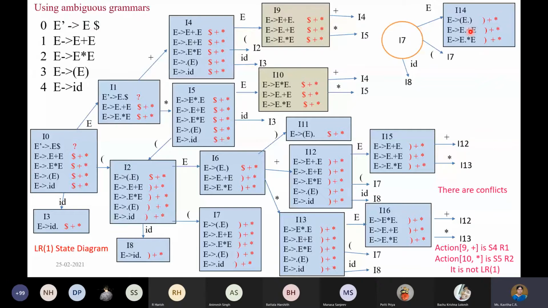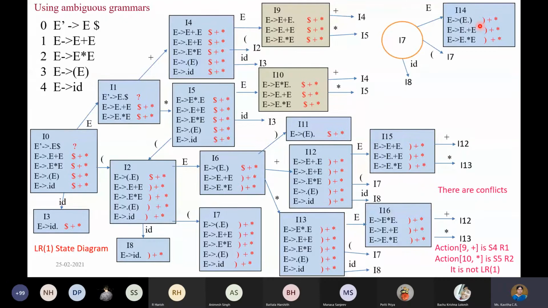Okay, so one more state we have to add here. At I14, when you read close parenthesis, you will get that reduce action to be done in I17. That is one more state. Okay, so that will be the end in that path. And coming to I15 also, we are done because almost it is done. Nothing because it is the repetition of the states. So similarly, I16 also, it is the repetition of the states. So we are done with it. That's it. Okay, so one more state you have to add at I14. That's all that is left now. Rest all is fine. Now, okay, now the diagram is done.